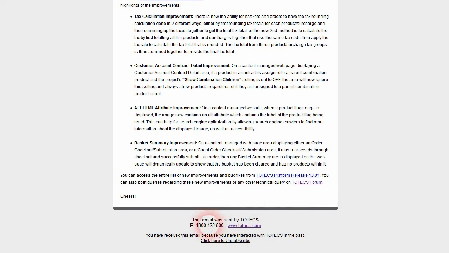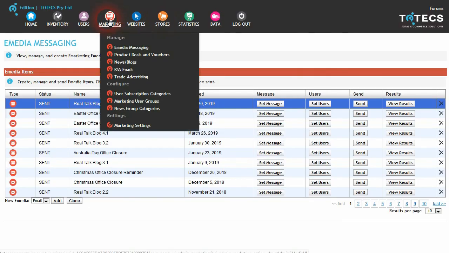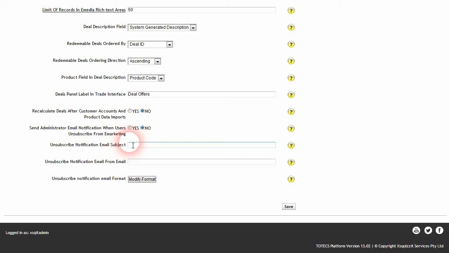The new improvement is that if the user decides to click on that link and unsubscribe from receiving any more e-marketing, there is now a setting under the Marketing menu, in the Marketing settings, called Send Administration Email Notification when users unsubscribe from marketing, which can be set to yes. If it's set to yes, then an administrator user can know when a user has clicked on the unsubscribe link. So within here, you put the email address of the person who wants to receive these notifications